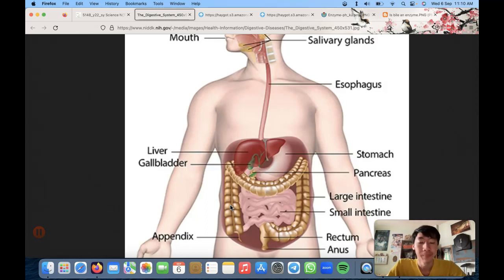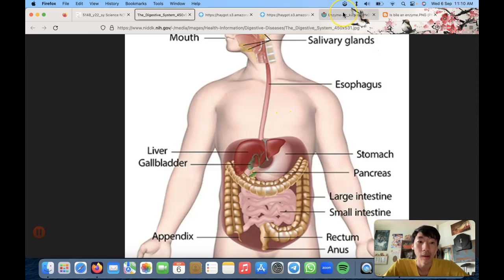Okay, so now that all the nutrients have been absorbed, the undigested food moves through the large intestine, and finally it's stored in the rectum. Now we call it feces, because this feces is just all the undigested stuff. It's stored in the rectum, and then finally it passes out from the anus. And that's it, that's your whole digestive system.